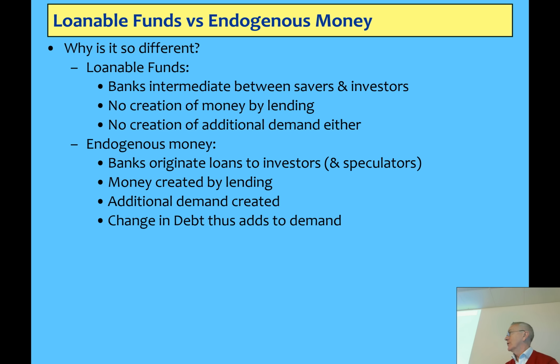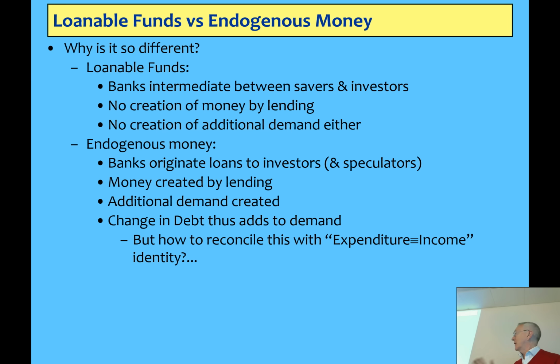And I went through all sorts of iterations. To me, if endogenous money didn't have an effect on demand and income ultimately, then there's no point worrying about it. Okay? If I couldn't show that difference between the two situations, why bother? Even though it's institutionally correct to say banks lend money, if it made no difference in macroeconomics, then to keep it simple, in principle, forget about it. Doesn't matter. It makes a huge difference, and that's why I've started with that particular simulation to show it to you. But it's about logically reconciling it with expenditure being identically equal to income.